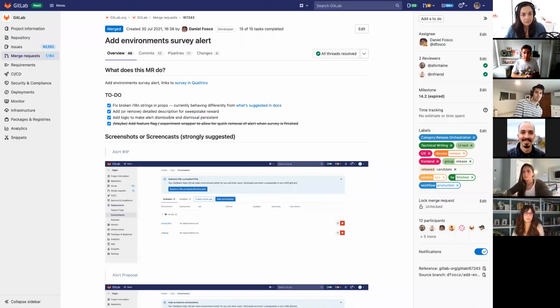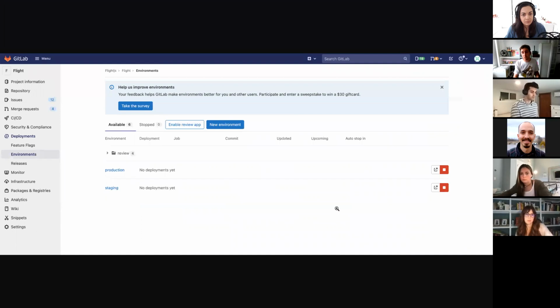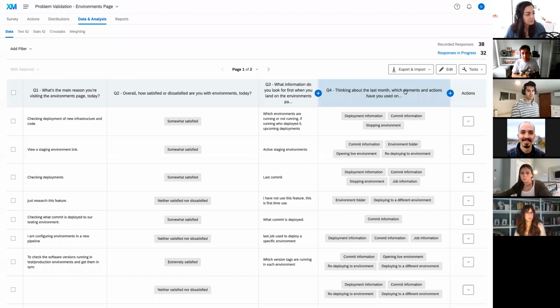So with that in mind, we created a survey that is linked directly within the page. So if you go to the environments page today on any project, you will see this running. So any user can take the survey. That is ongoing. And we already have really good information here with users telling us directly why they are visiting the page, what information they're looking for when they first land on the page, which elements are more important to them. This survey is still ongoing, so our plan is to,